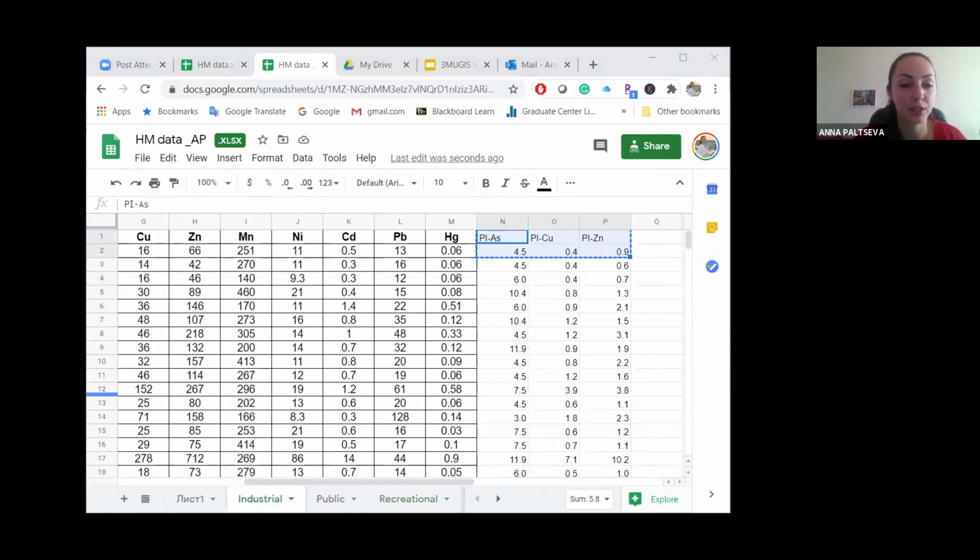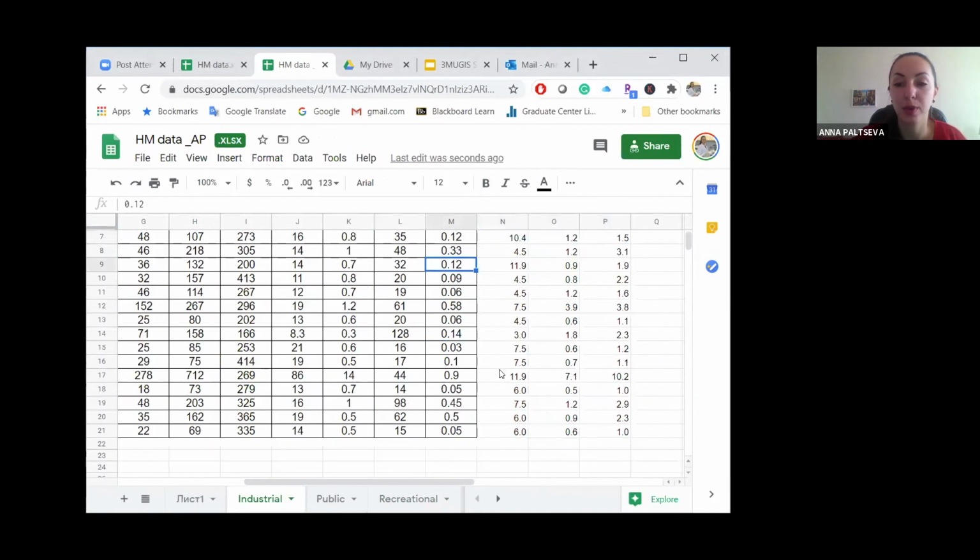And once you do these calculations, you get the PI, and you need to compare it to the contamination level, right? So you may see,